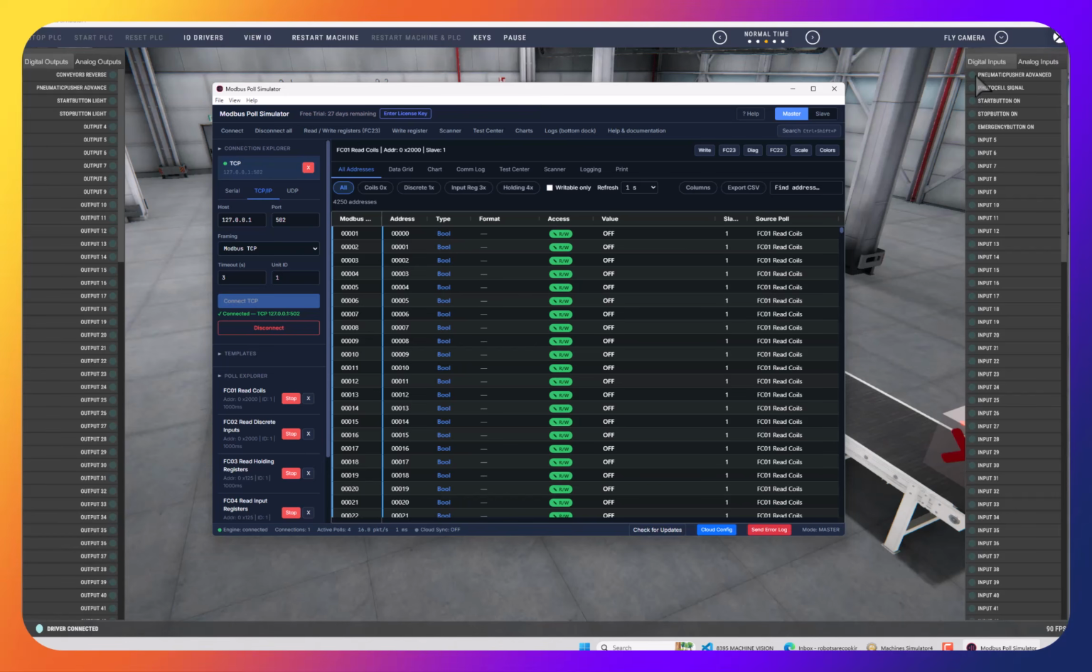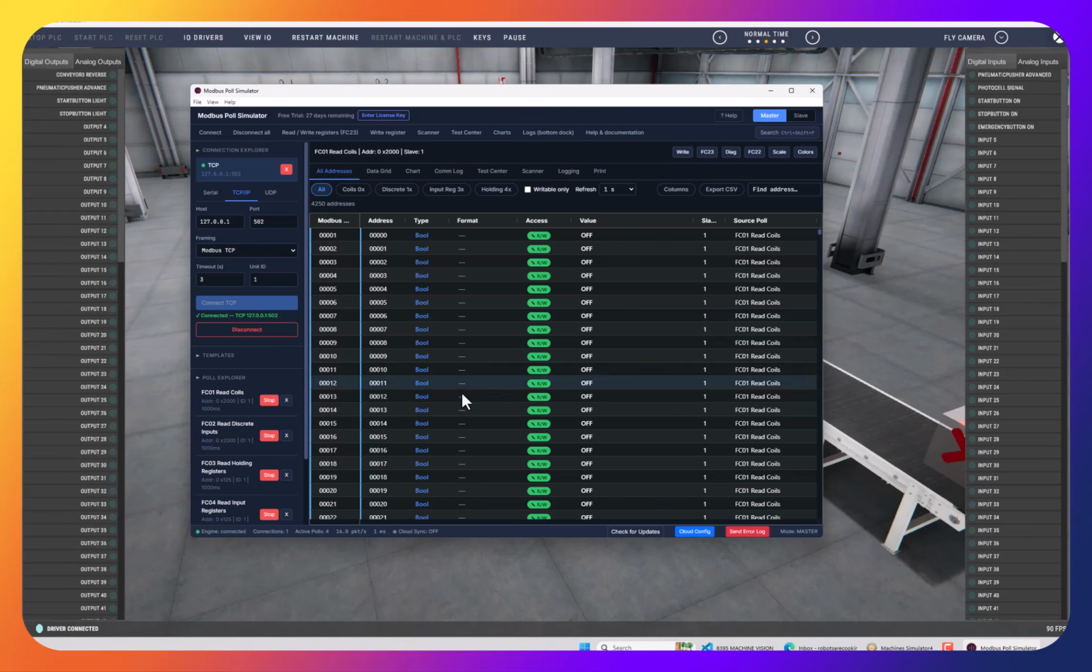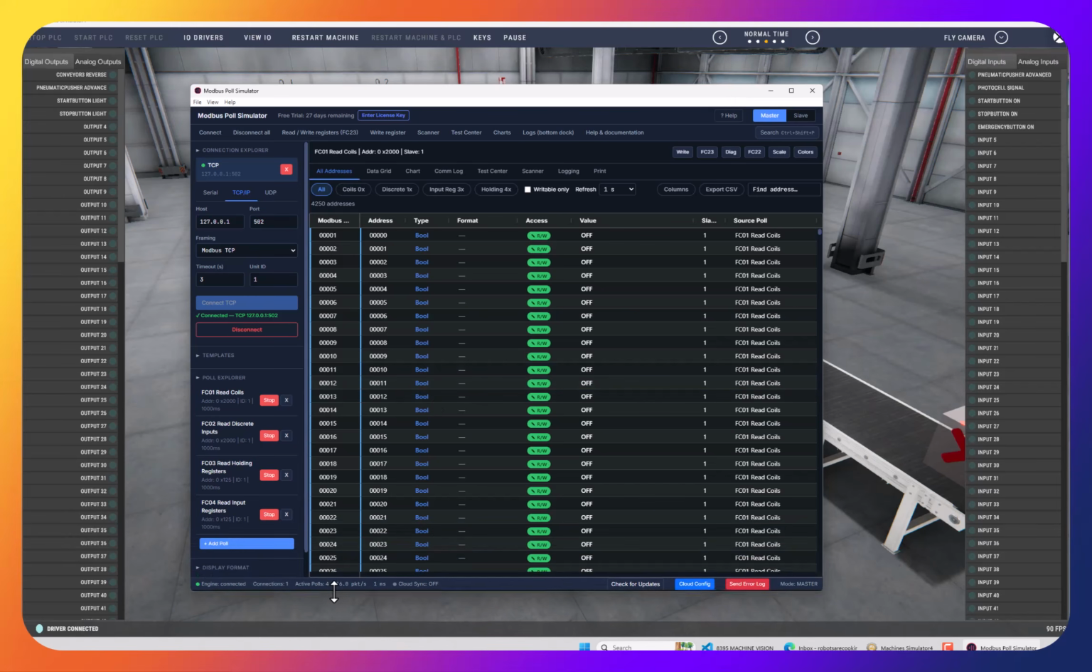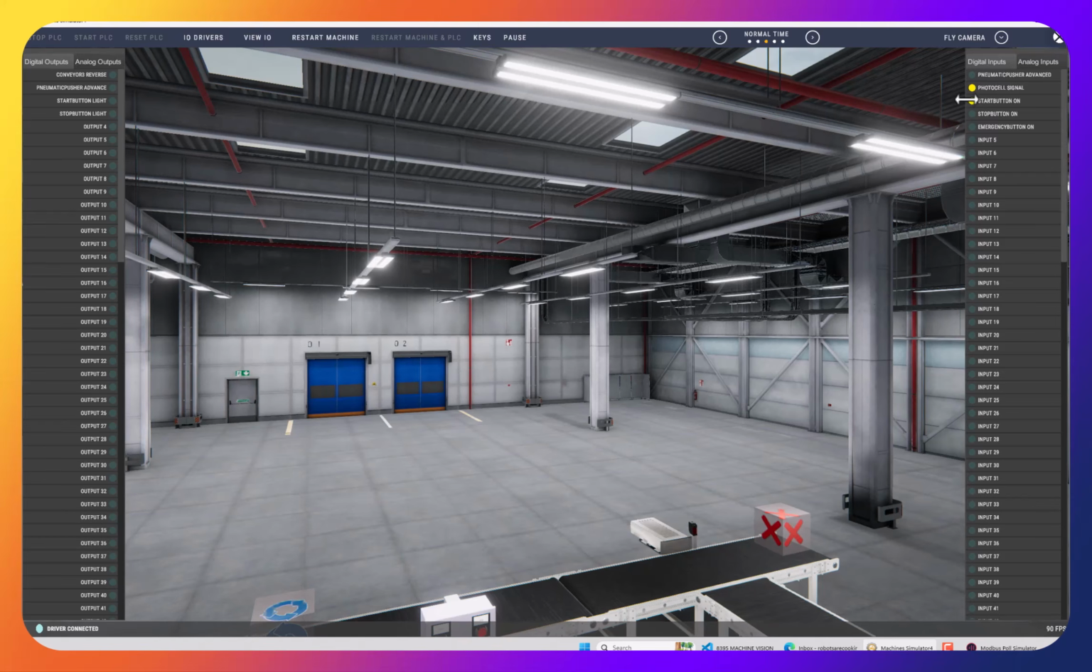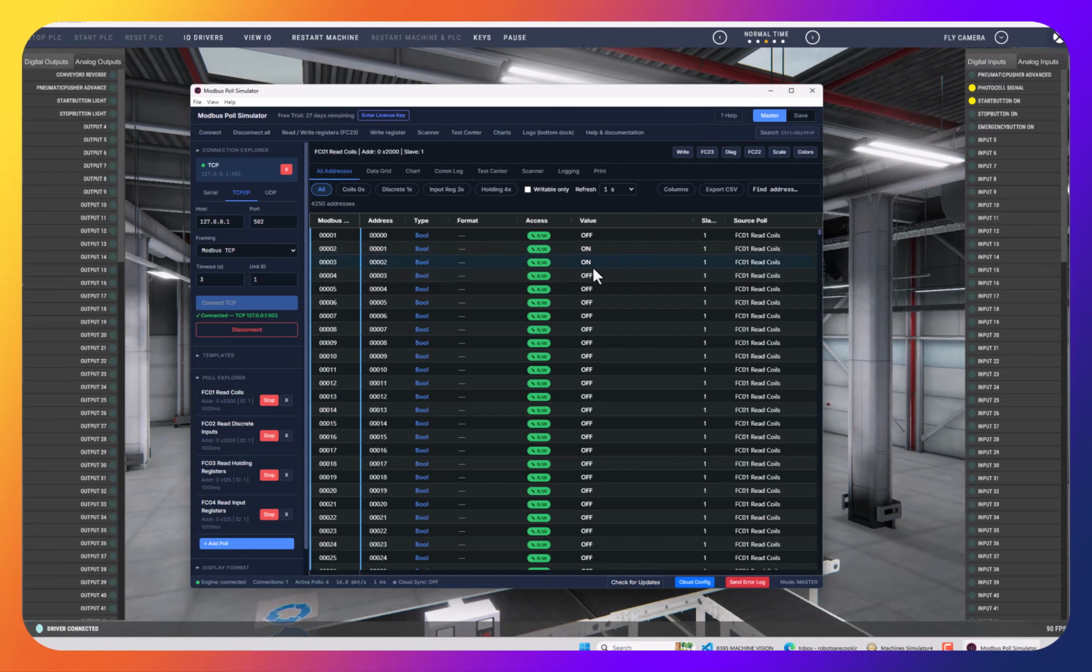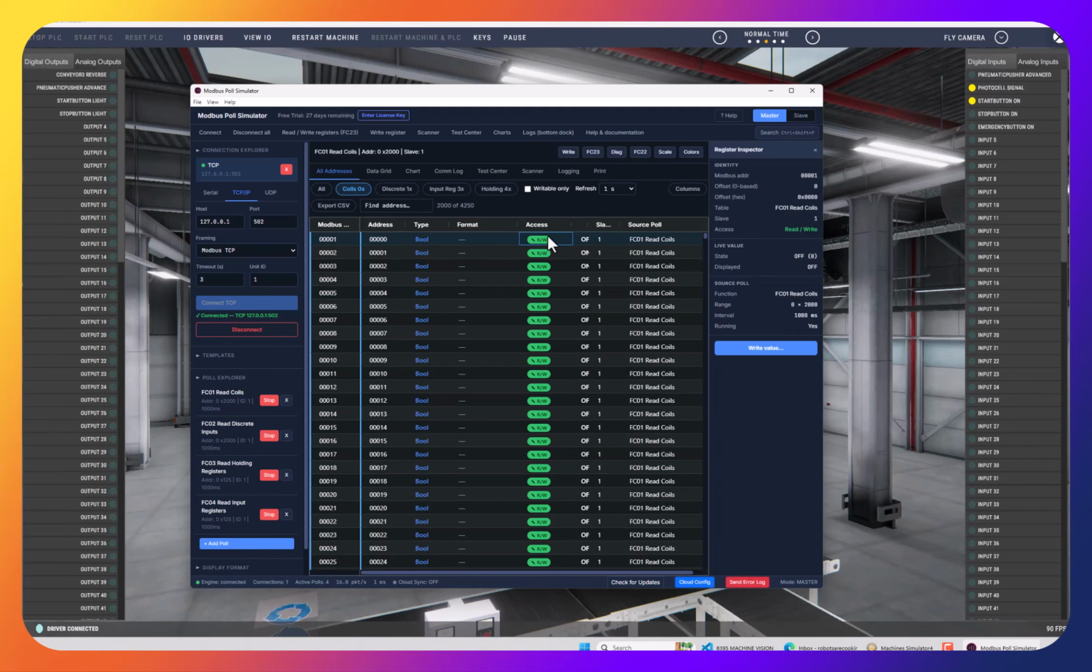The problem is that I am able to see, if I toggle these inputs here, I should be able to see them go on. So the inputs, I am able to see them here. The problem is that when I try to write to the outputs